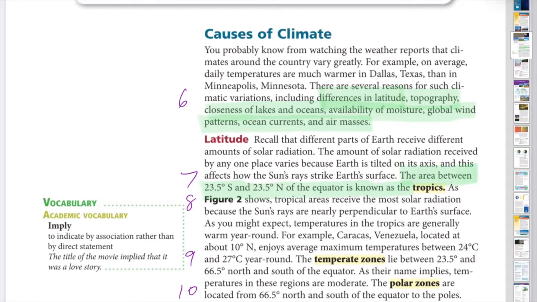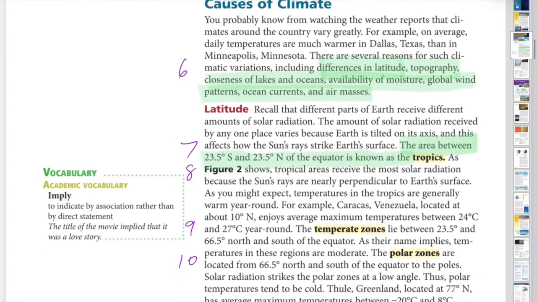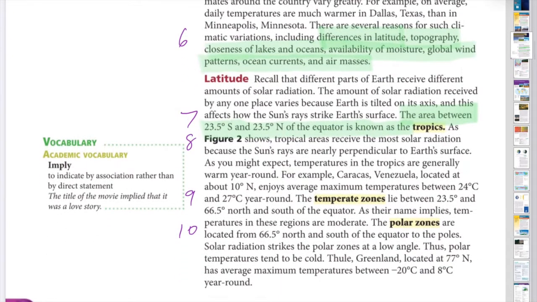As figure 2 shows, tropical areas receive the most solar radiation because the sun's rays are nearly perpendicular to Earth's surface. As you might expect, temperatures in the tropics are generally warm year-round. For example, Caracas, Venezuela, located at about 10 degrees north, enjoys average maximum temperatures between 24 degrees Celsius and 27 degrees Celsius year-round. The temperate zones